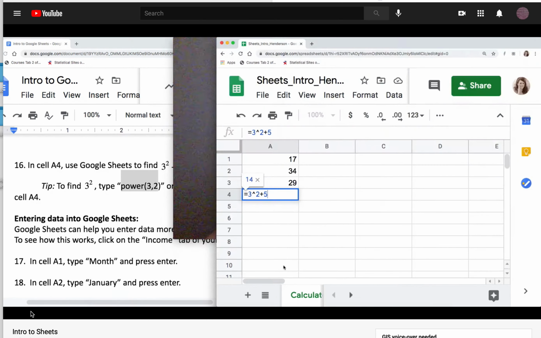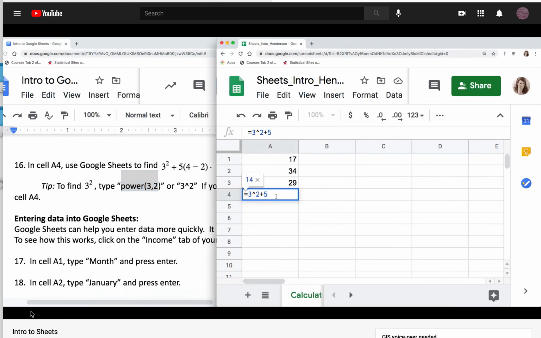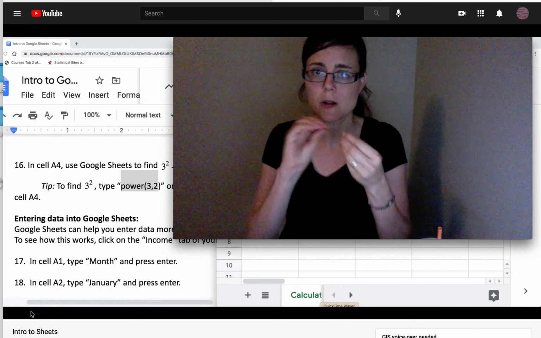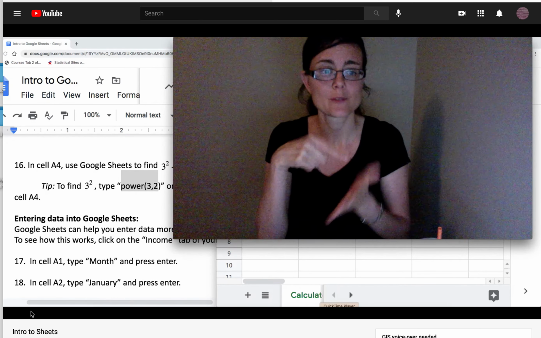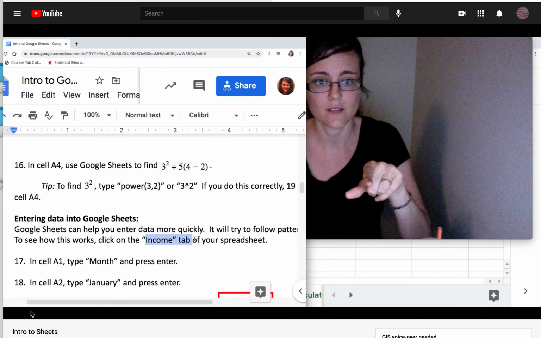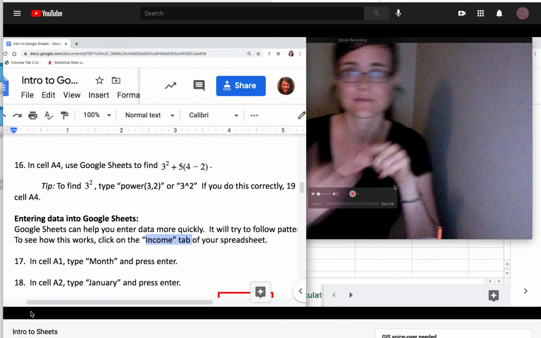Don't forget to add the multiplication. That's it. We're going to stop at 17, and then what it says at 17